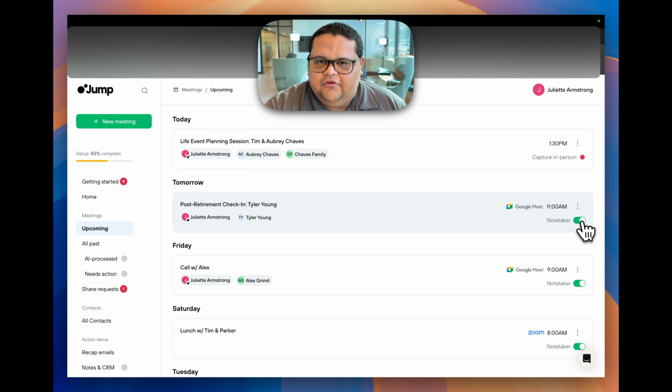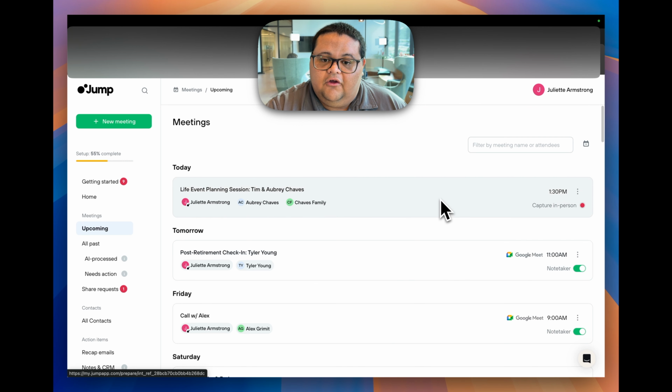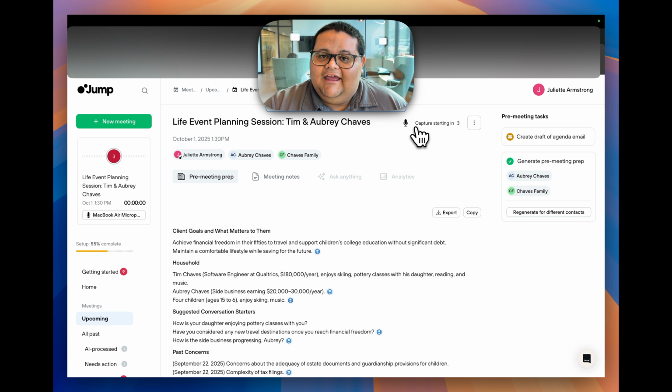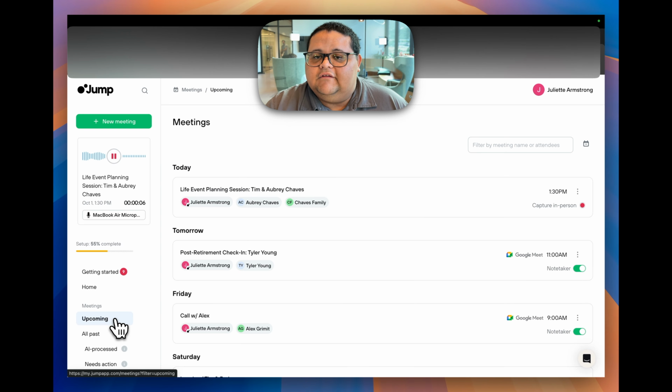And then you as the full user, or you as the light user that has access to a full user's meetings, you can disable that note taker there if you don't want the note taker to show up to the video call. A full user can also click into one of their upcoming meetings to start the note taker, and this is you using your computer for an in-person meeting or for a voice dictation. So there's definitely some benefits to having a full user set up their calendars to sync over into the Jump